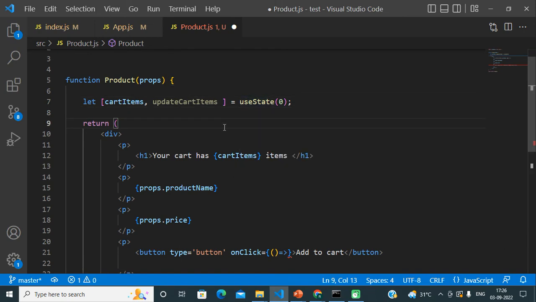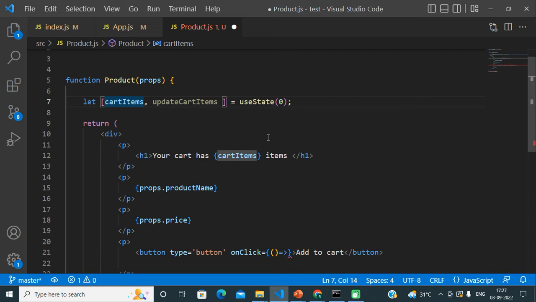So useState is a hook, or function, which takes the initial value whatever we are passing to it, and after that it returns two values. It returns the same value which we pass to it, so this 0 is coming here, and we are storing that value in cartItems. The second value it returns is a function.